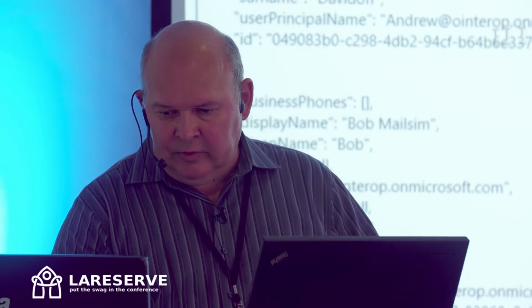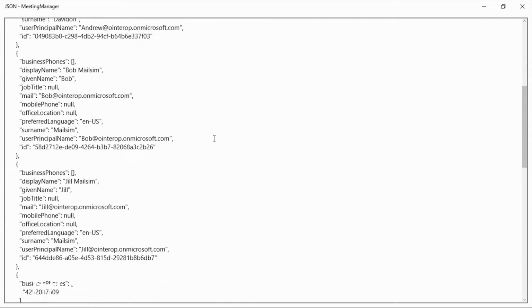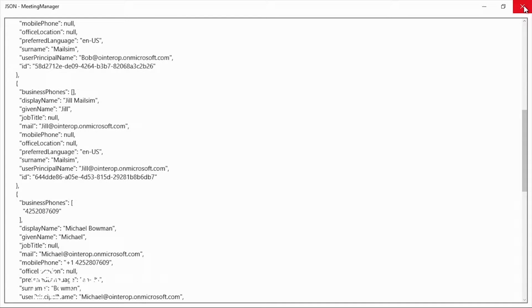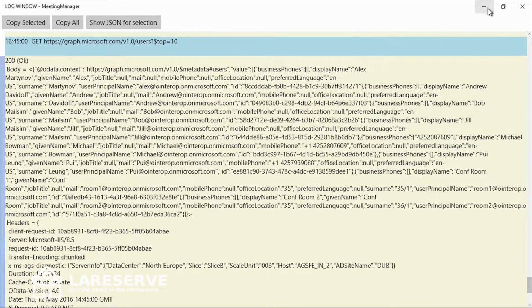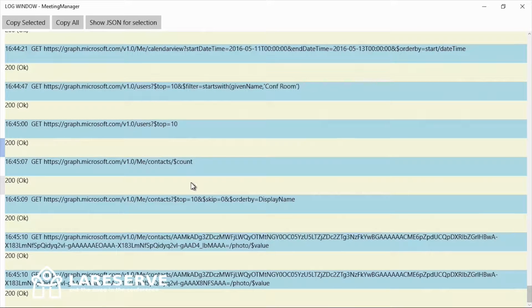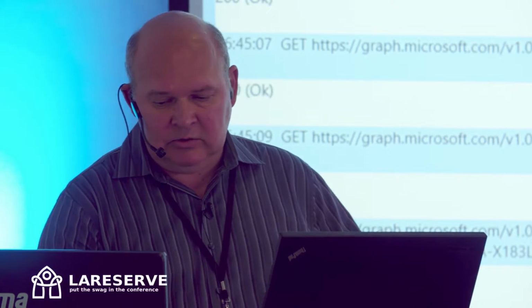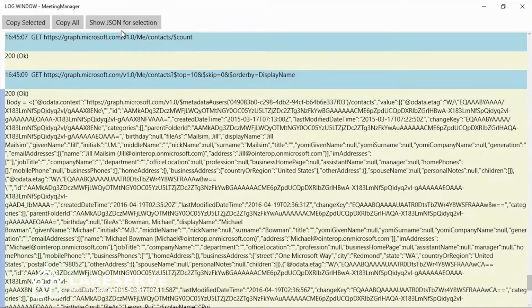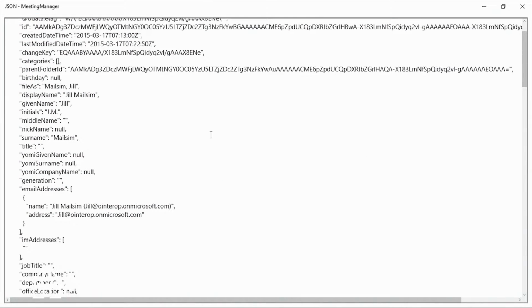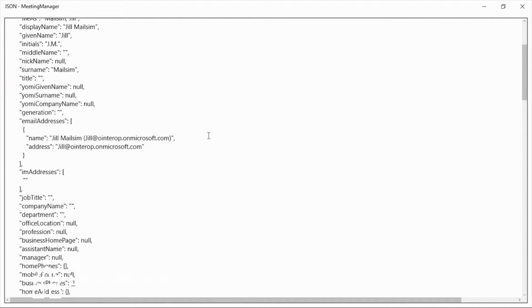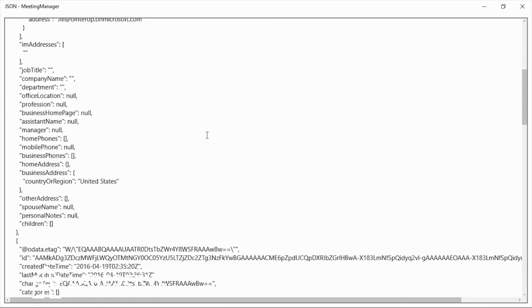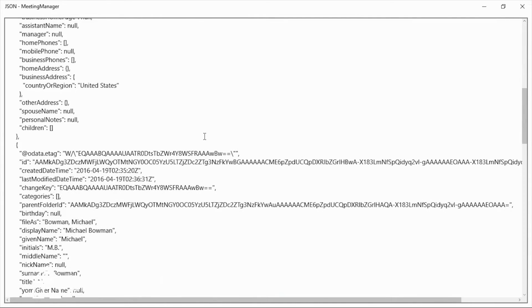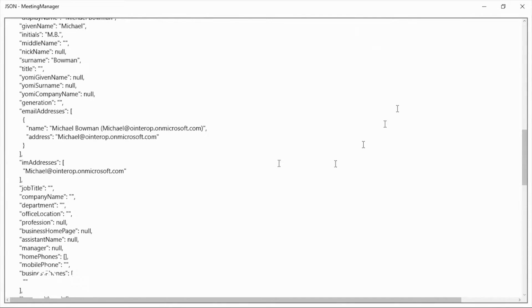This is a list of users that are available from Active Directory. The next call I made was to contacts. First I'm asking for the contacts count, and here's the list of contacts. There's different information, more information for each one.